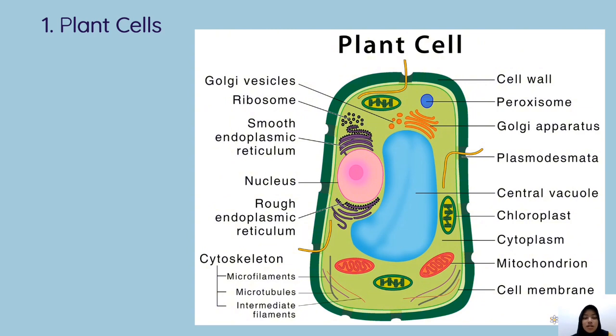Okay, the first material is plant cell. Plant cells are the basic unit and building blocks of life in organisms of the kingdom Plantae. They are cells that have a distinct nucleus and other cellular organelles enclosed within a membrane, and those are eukaryotic in origin. You can see in the picture there is the cell wall.